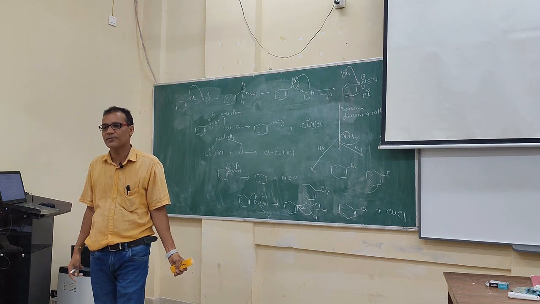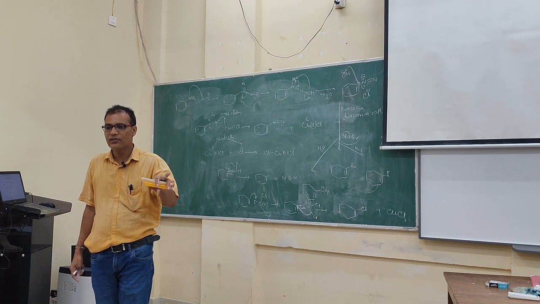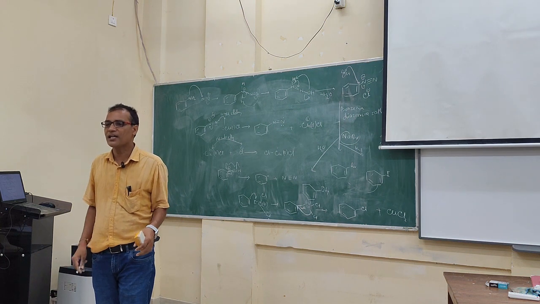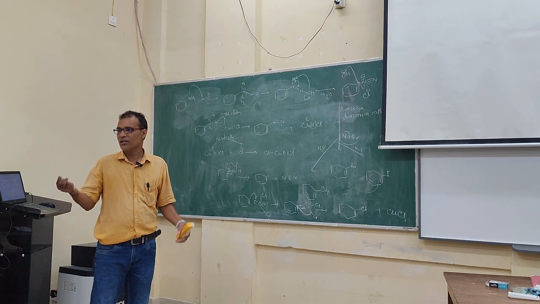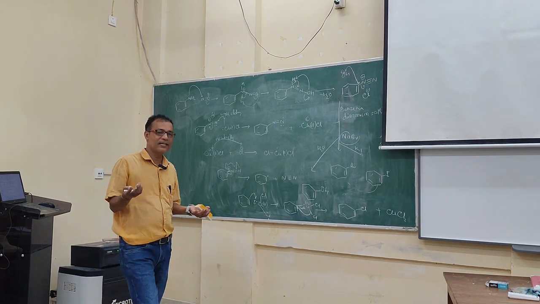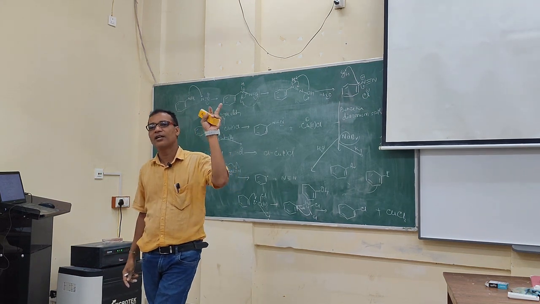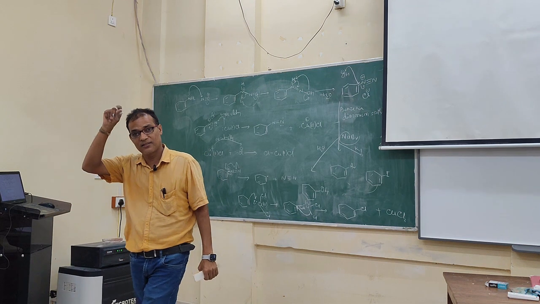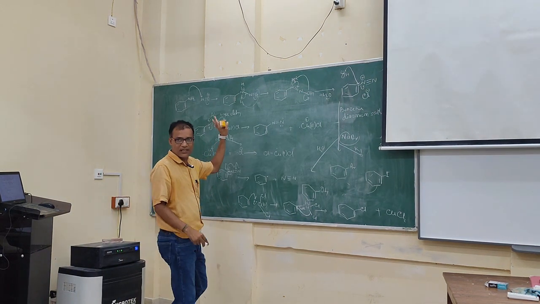So what type of intermediate are we getting? We are getting a radical as well as a cation. So it's called a radical cation mechanism. You got it? You might have learned cation and anion, but you didn't know about radical cation. A radical anion I will tell when I go to Birch reduction, in the next class when I teach that one. Now is it clear? You understand the Sandmeyer reaction?